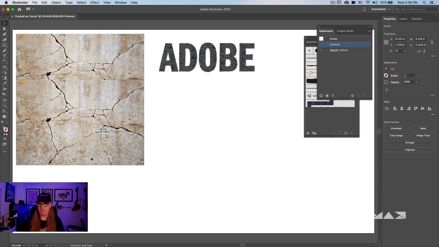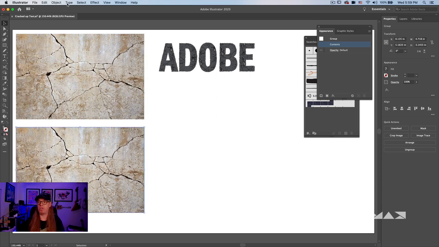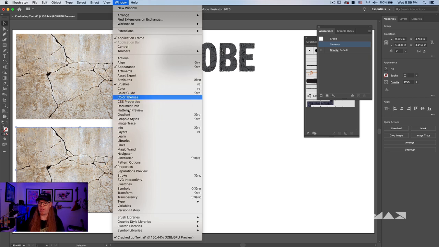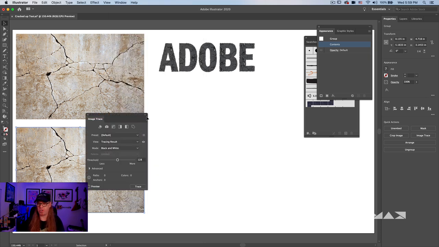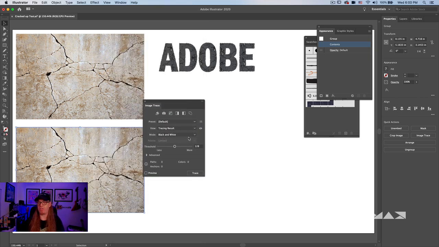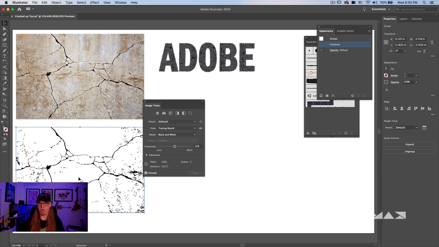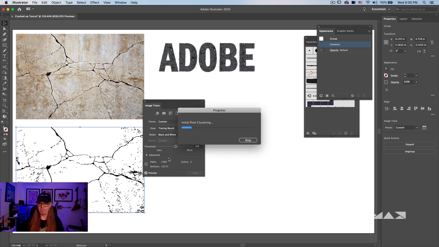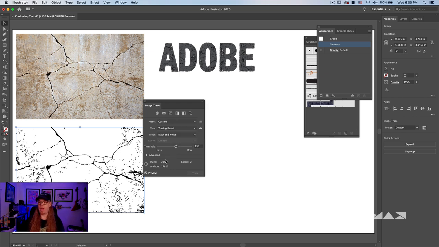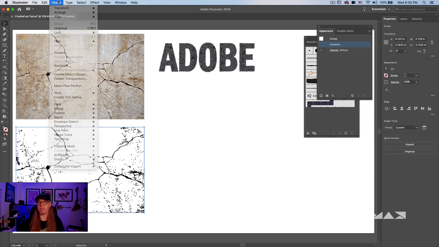We actually start with an image like this, and we go into our image trace control inside of Adobe Illustrator. And in here, we have an option for black and white. If I check preview, you can see this actually converts the photograph here, which we shot with our phone, to create this fun type of texture. Now I'm just going to increase that threshold a little bit. And when you're happy with this, you can then close the image trace, go to Object, and choose Expand.